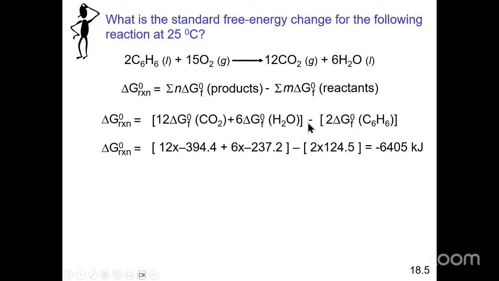Now you'll notice that there's only one reactant indicated in terms of its value being given here, and that's for C6H6, which is benzene, right? We multiply that by 2. We do not need to include the value for oxygen because oxygen is an element by itself, and therefore its free energy is 0. So that's why you do not see it included there. Yes, ma'am. So would that be true for all elements not combined with anything else, right? Okay, so you plug those numbers in and you get minus 6,405 kilojoules per mole as the free energy